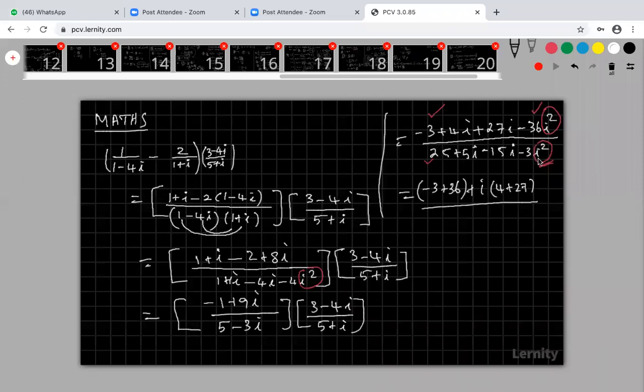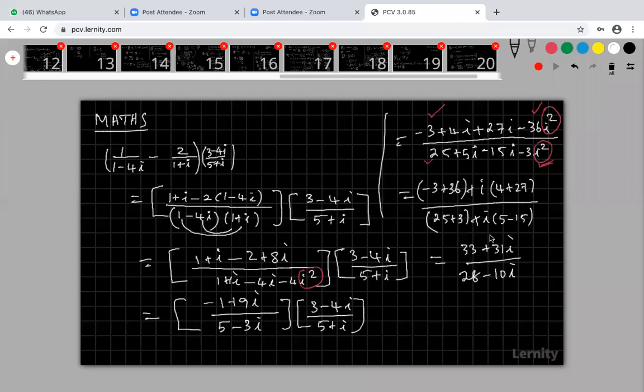This is 25. This is actually minus 1 into minus 3 plus 3. So therefore, this is 28, that is 25 plus 3, the real parts. My imaginary part is here 5, here minus 15. So therefore, if you take i commonly, 5 minus 15. So therefore, the answer is 33, that is 36 minus 3. Here 4 plus 1, 31i divided by 28. This is 5 minus 15, minus 10i.